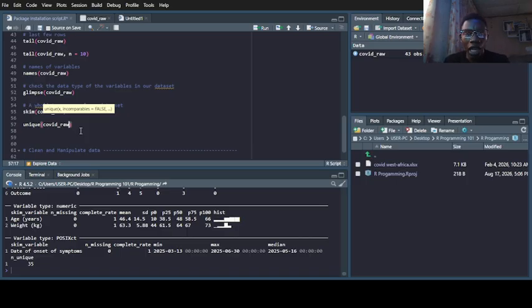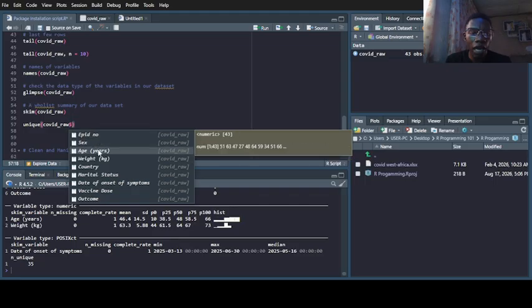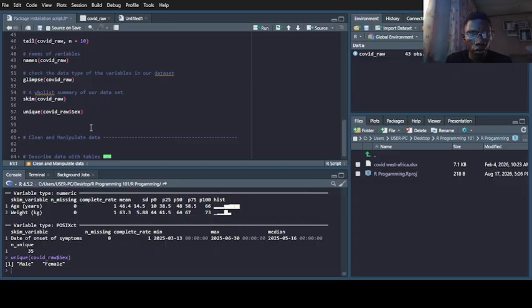So how do we do that? How do we locate that particular gender variable from our data set? Now we use the dollar sign. Anytime we use the dollar sign, it helps us to see the variables that are contained in that particular data. And then we're looking for sex. Yes, not gender per se. So when we run this, it shows us that the unique values in the sex variable, the sex column, are just